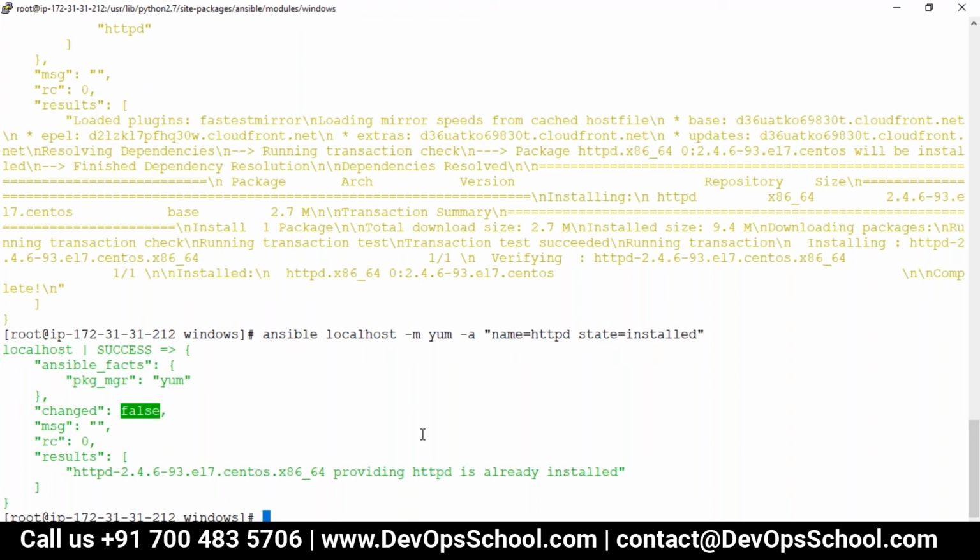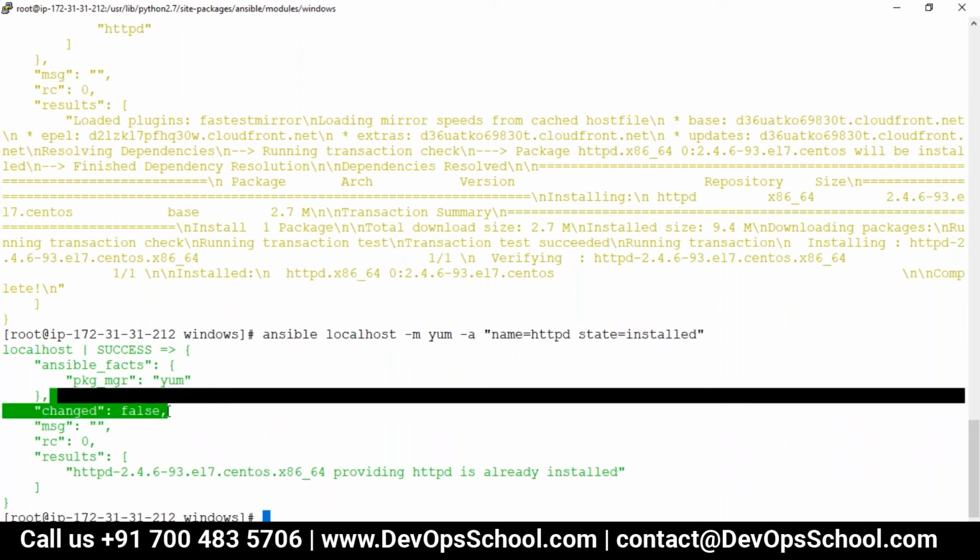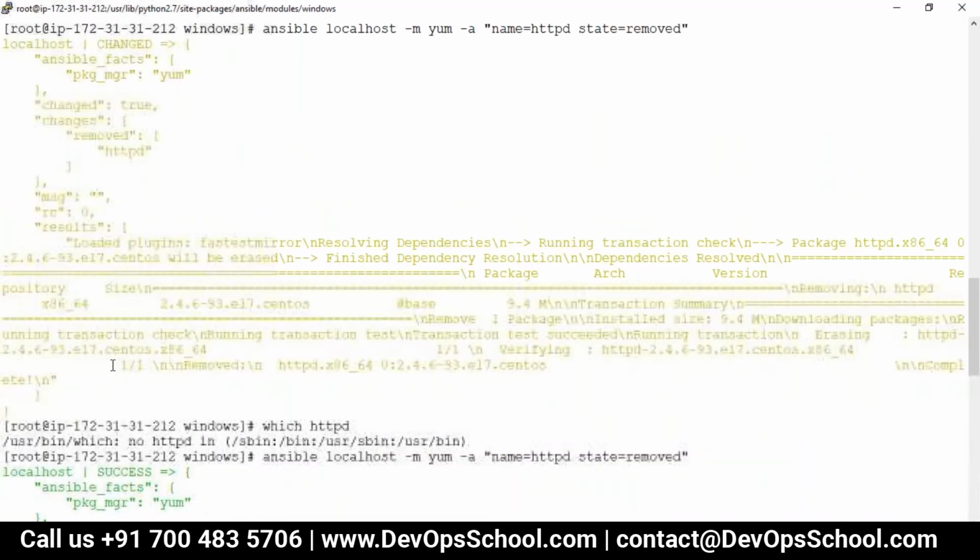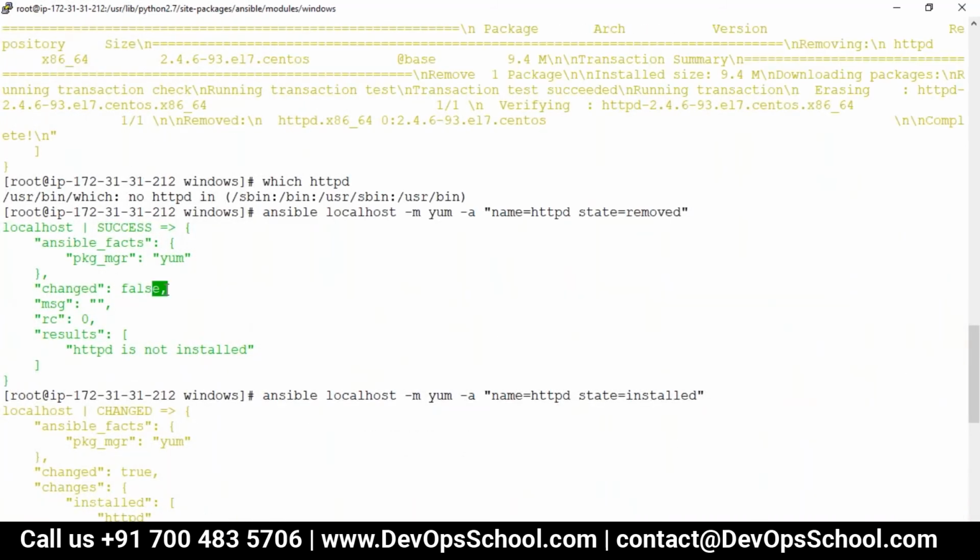So what message do you get? Before doing the action, Ansible checks: is it already done? Then don't waste time, move on. So changed: false, it was already installed. Changed: true, something has been done.